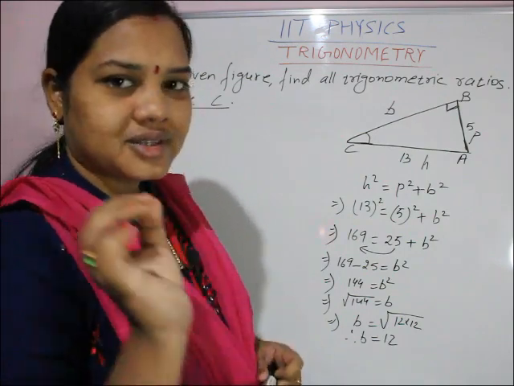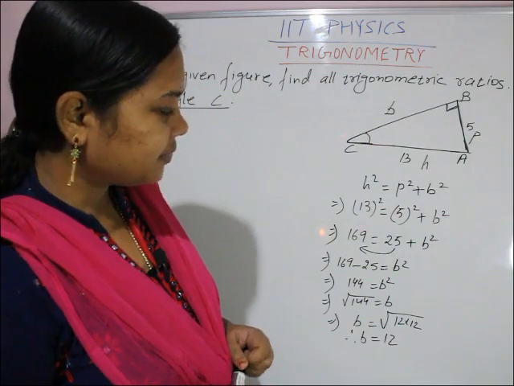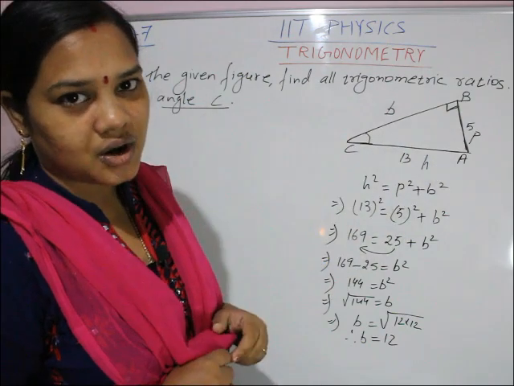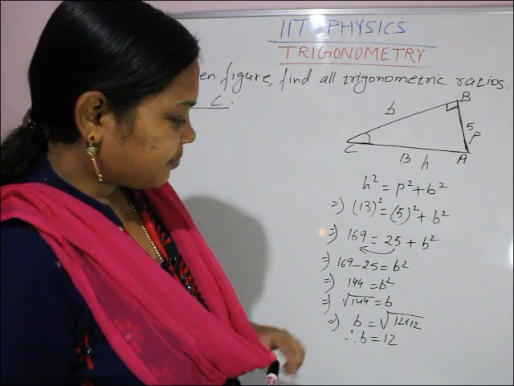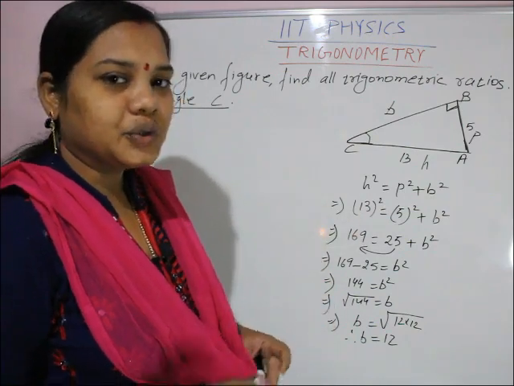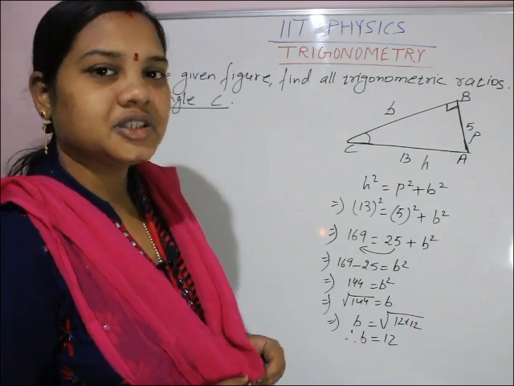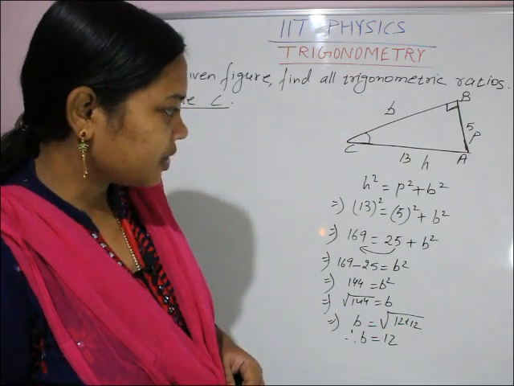But there is one small thing I observed: most of you are just adding H square plus P square plus B square. All the three you are adding. So there is some problem there. Okay, you are new to equations. It will take some time for you to learn. So I am telling you the problem.